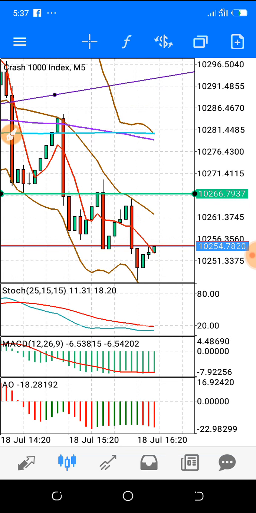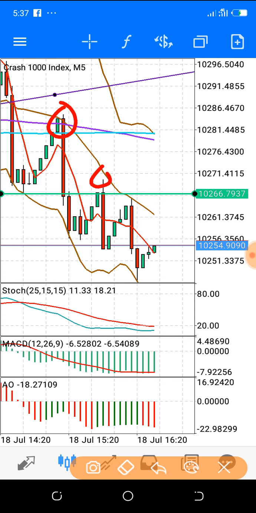Now, the trend line support and resistance. These are what we use for support and resistances that are not on the same level, just as the vertical one. They are not on the same level. You draw a trend line to connect them together. To connect them together, just make sure the line is touching the